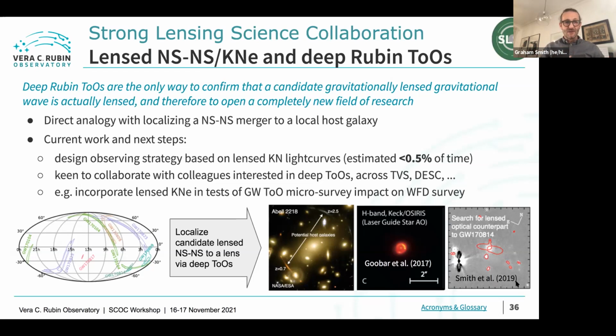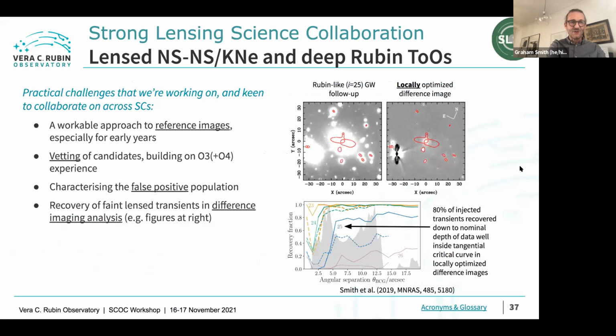What are we working on right now? Trying to work up, along perhaps similar lines to what Igor was outlining just now, a bit more detailed work on what exactly the observing strategy looks like. We know how faint they are, but what does the strategy look like? It's going to be a fraction of the total TOO time. And we're keen to collaborate with people across other science collaborations to help make this work. I hope that's my last slide. Do I have another one? I've lost track. Oh, yes, there are other things that we need to work on as well, in case people want to ask about that, but I think I should stop there.